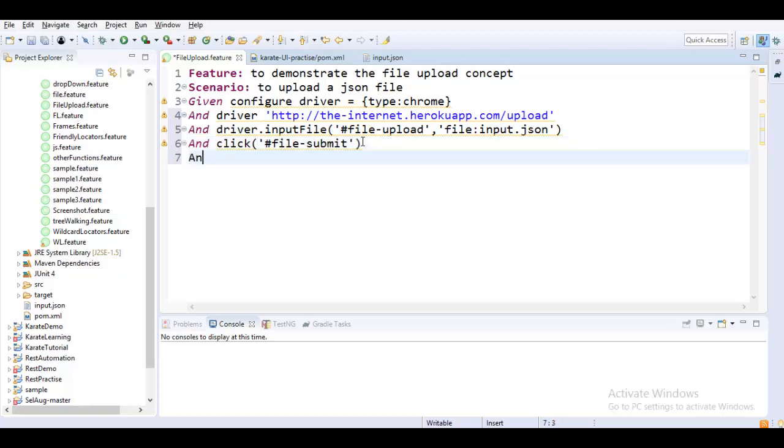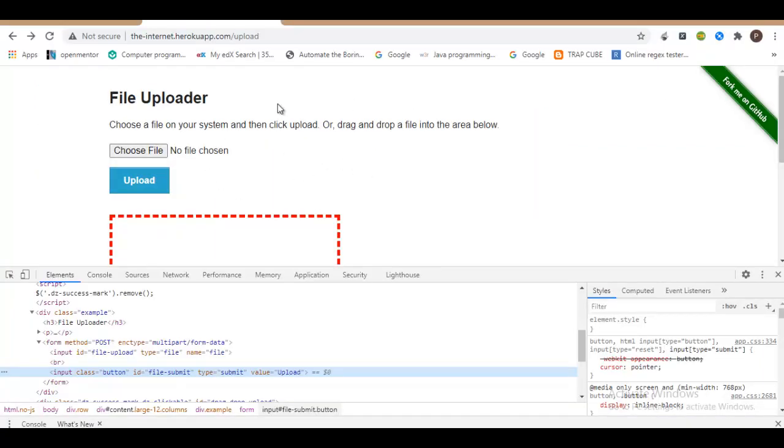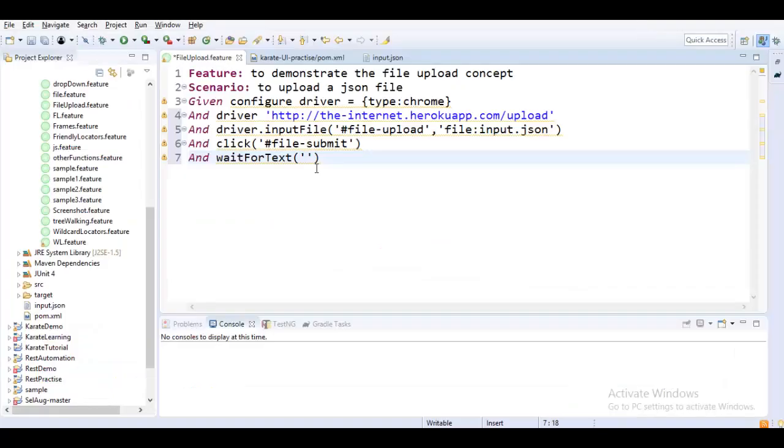We have already seen that after clicking on that particular submit button, the file has been uploaded successfully, and a message appeared too. So in order to do that, let me just upload a file. At this point in time, let me add a delay and run the script, and let me put an assertion after the first run so that you will understand what is happening.